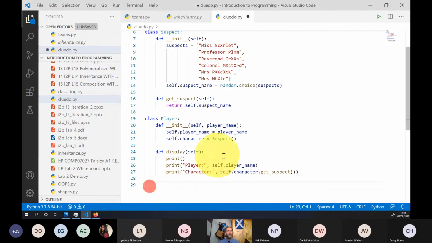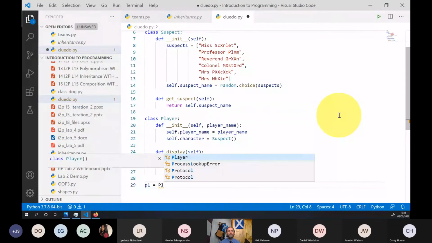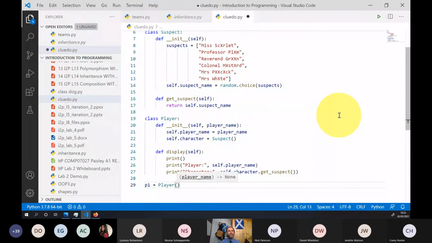We can set up variables, player one. And player one is not surprisingly a player. If we look at our class definition, it says that player needs a player name. So I'm going to call our first player John. I'll set up another player.